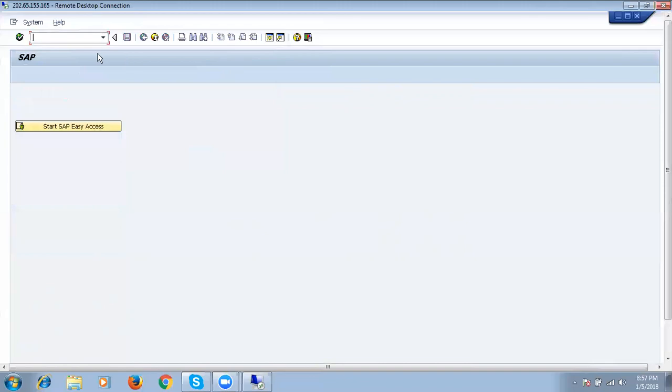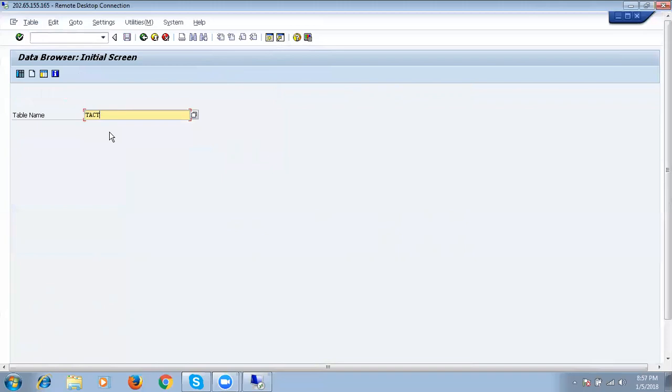Go to SE16 where you can see all the tables. In the table there is one table by name TACT, tagged table.